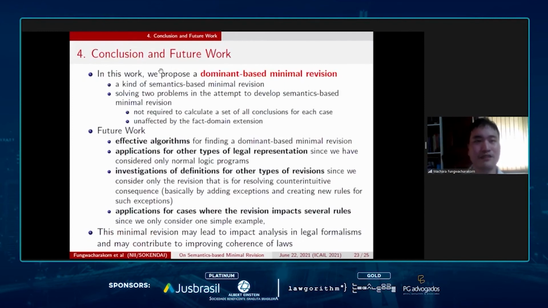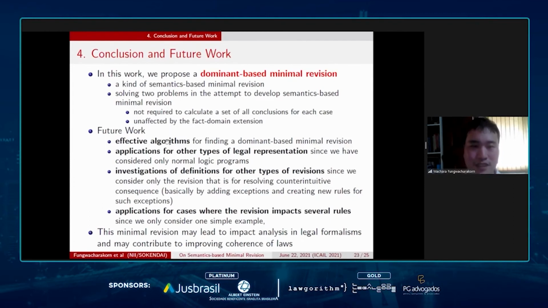So let me conclude this presentation. In this work we propose a dominant-based minimal revision, which is a kind of semantics-based minimal revision. And this solves 2 problems in attempts to develop semantics-based minimal revision. One is that it is not required to calculate the set of all conclusions for each case, and it is unaffected by the fact